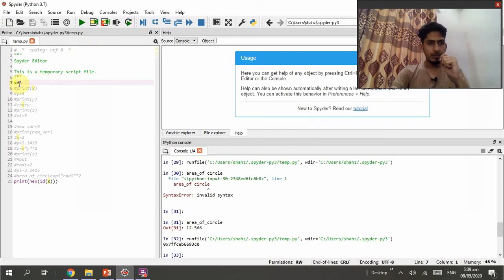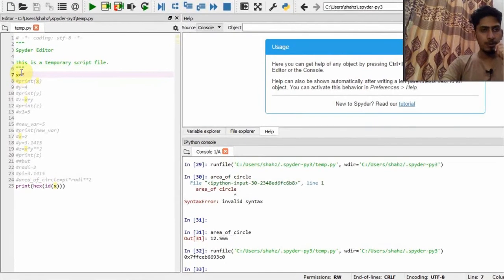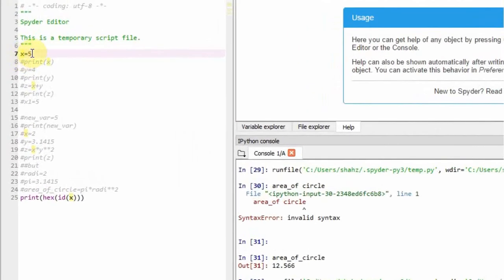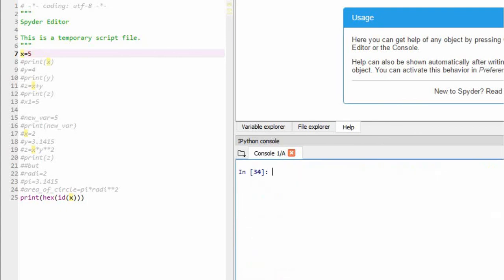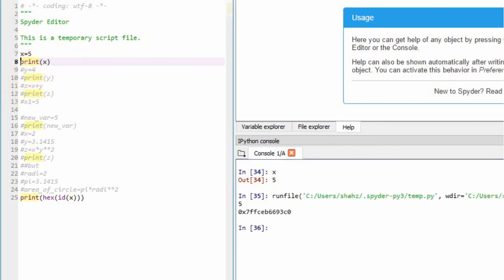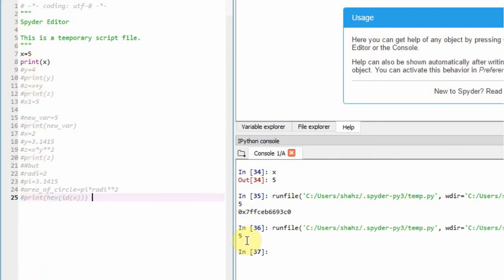I'm going to open it, and here I have assigned x a content which is 5, so x is equal to 5. Now let me clear the console, and if I say x, I get the value 5. After this, if I say print x, it will also do the same thing. First of all I have to uncomment this, and now if I run this, I get 5. The work is the same.